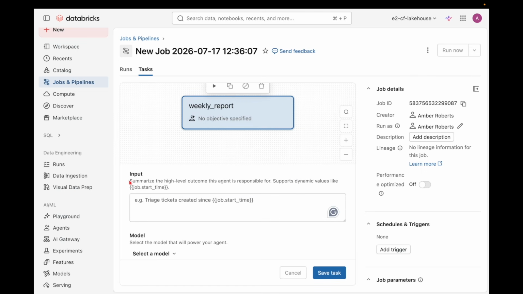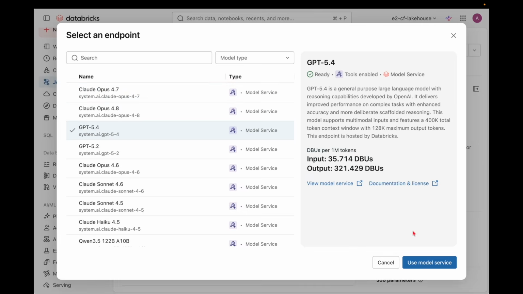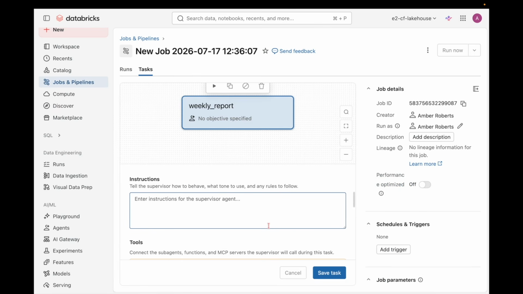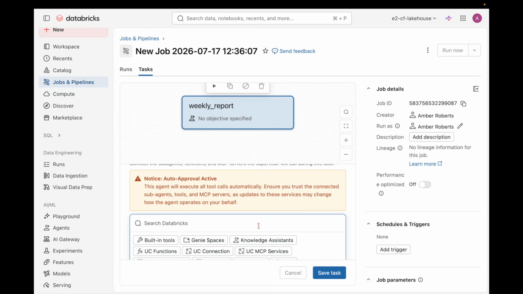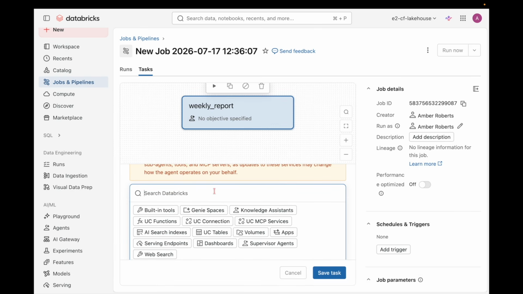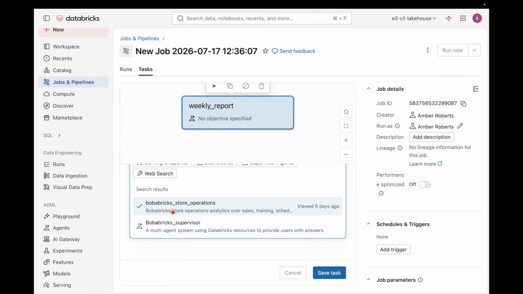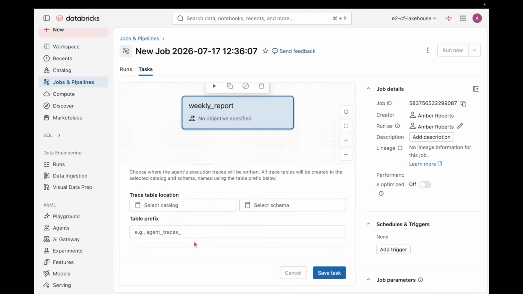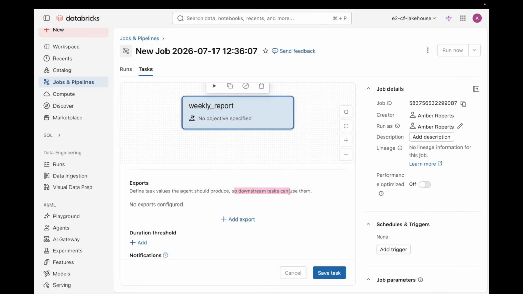I could put in the input, so summarize the high-level outcome of what this agent is responsible for, select the model, give specific instructions, rules to follow, tools, so I can add my different MCP servers, I can add my Boba Bricks store operations, I can add all those traces to a specific table, and then any downstream tasks. And I can save that task and make it repeatable, so every Monday morning I get an update of how